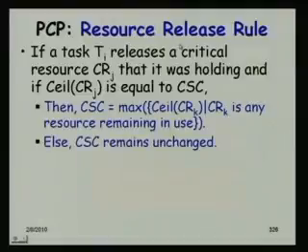There is the resource release clause also. When a resource is released by a task which was holding the ceiling, then if this was the maximum of all ceilings of the resources currently in use, then the CSC is changed to the current maximum. If it is not the maximum, then nothing changes, it just releases the resource. And of course,